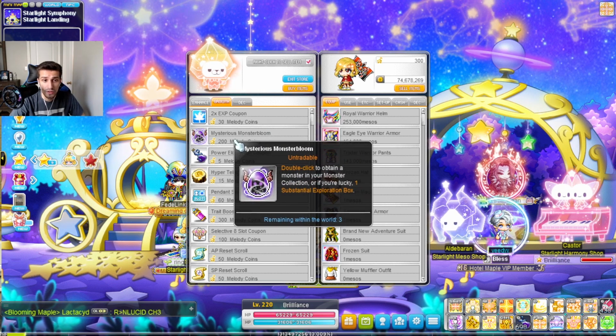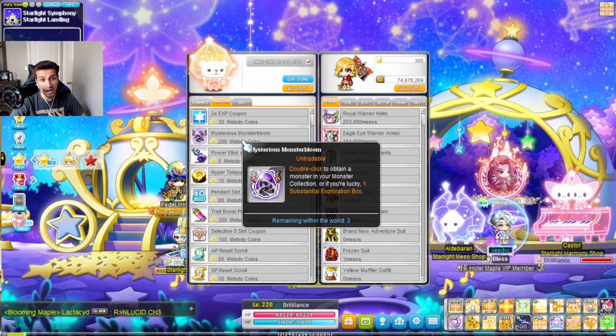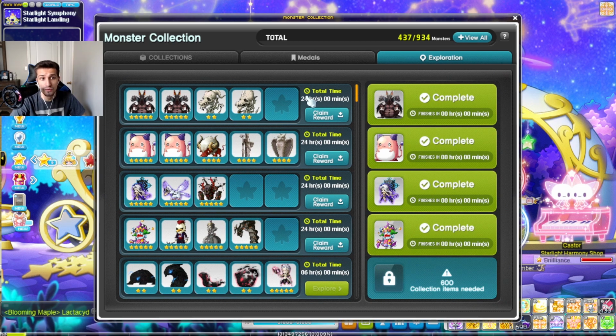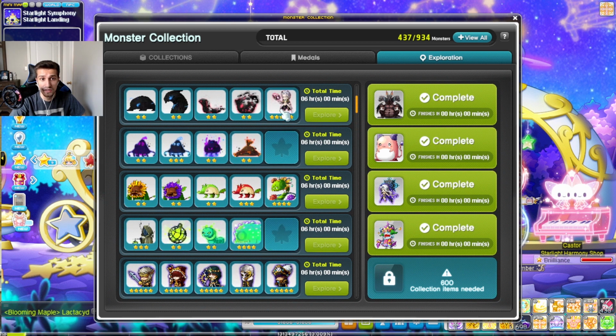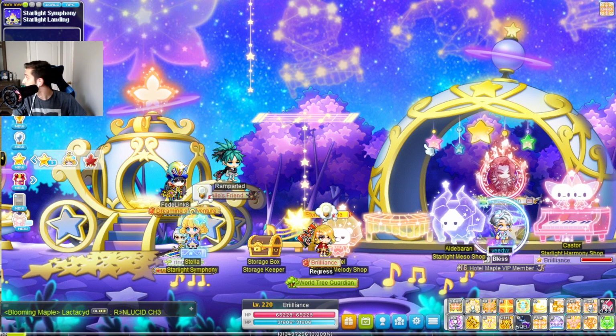Next is the Mysterious Monster Bloom. Now, personally, I really like these. I think Monster Bloom is something that early game players should be investing into, because if you do build your monster collection, you can get a passive income of reward points. And reward points essentially...